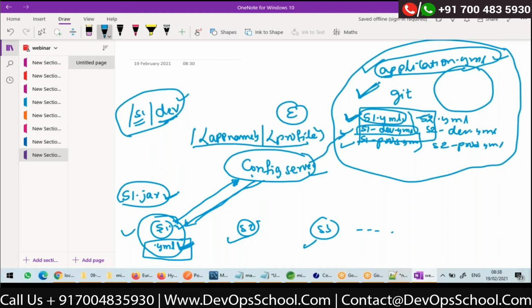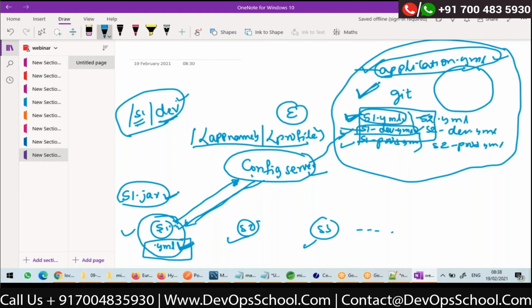S1.yaml contains configuration for all profiles, and this is specific to the dev profile. So whenever an s1/dev request is given, it will give the configuration in all these three files. Similarly for prod, right?